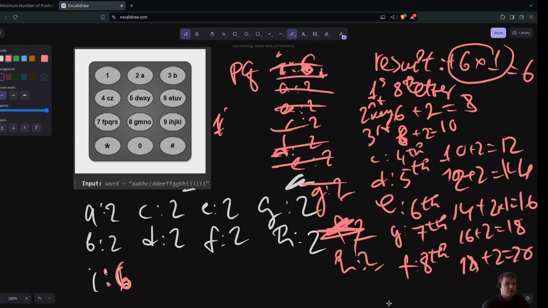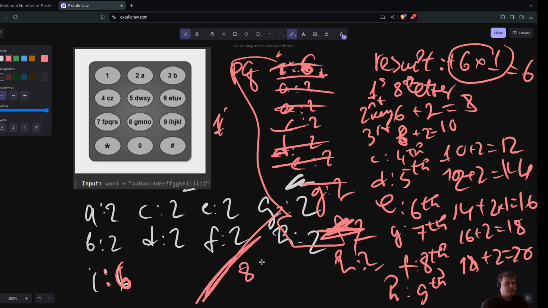And then the H is going to be 9th. So it's a second set of keys. Every set is like 8 elements. Because it's the second one, I'm going to multiply its frequency not by 1 as previously, but by 2. I need 2 pushes of the key because now I ran out of the